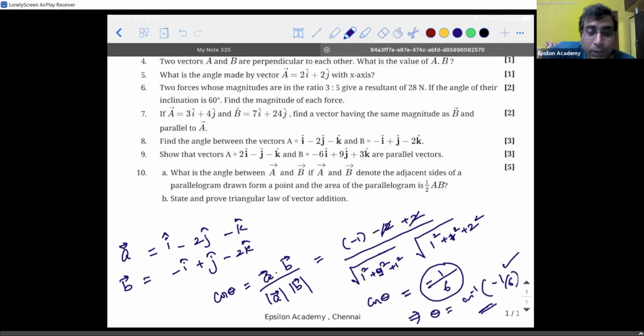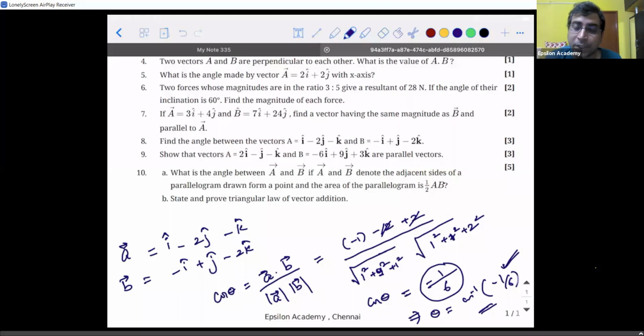For that matter, you can create your own question and find it also. You can give random numbers and try them as a part of practice. You can leave the answer as cos inverse of -1 by 6, because in your mathematics, in the third chapter, you learn a topic called trigonometric functions. Last year you would have learned trigonometry as a chapter, the basics of it. This year, you learn it as a function. First chapter is sets. Second chapter is relations and functions. That will be applied into the third chapter.